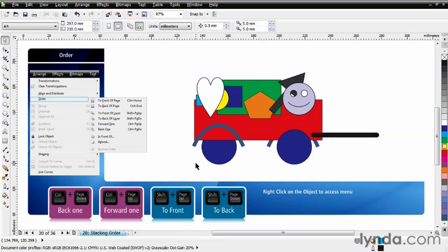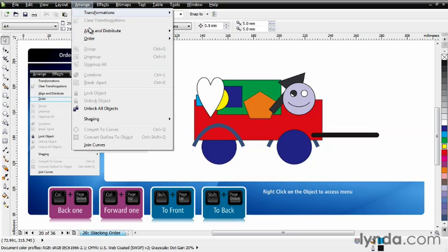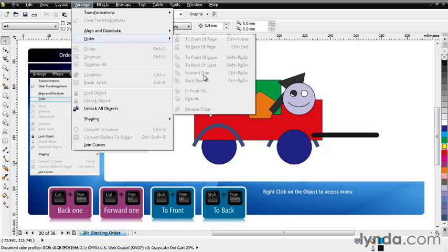But before we do, I'm going to show you a very handy tip, how to create your own menu system. Up to Arrange, down to Order, and see all of these options here. There's a couple of them I want to place into my own floating menu, or Docker if you like. It's very important. Finger on Control first, then finger on Alt, and you can click and drag any one of